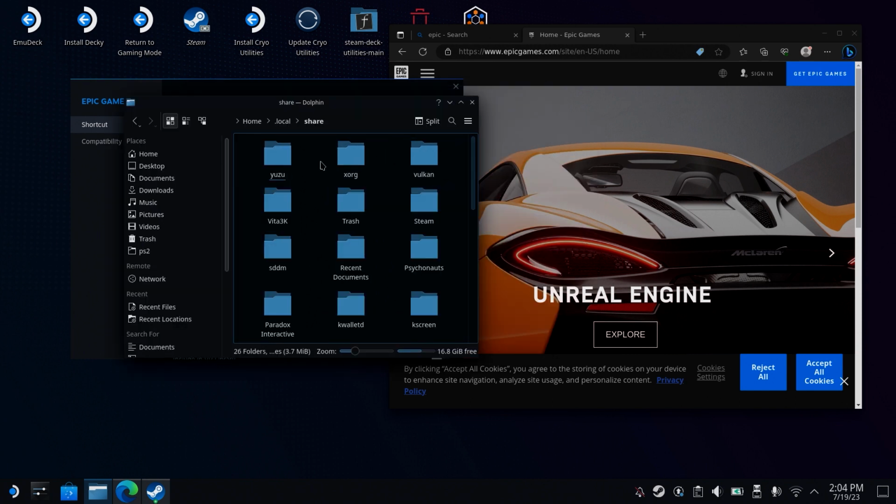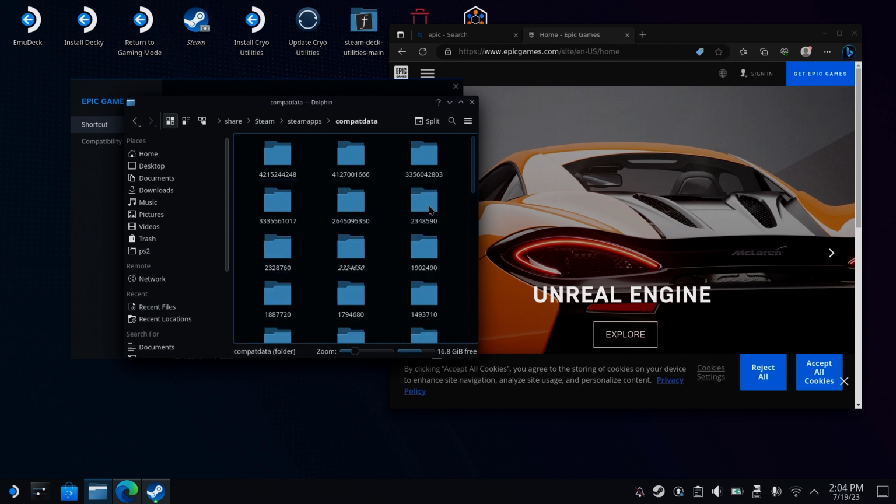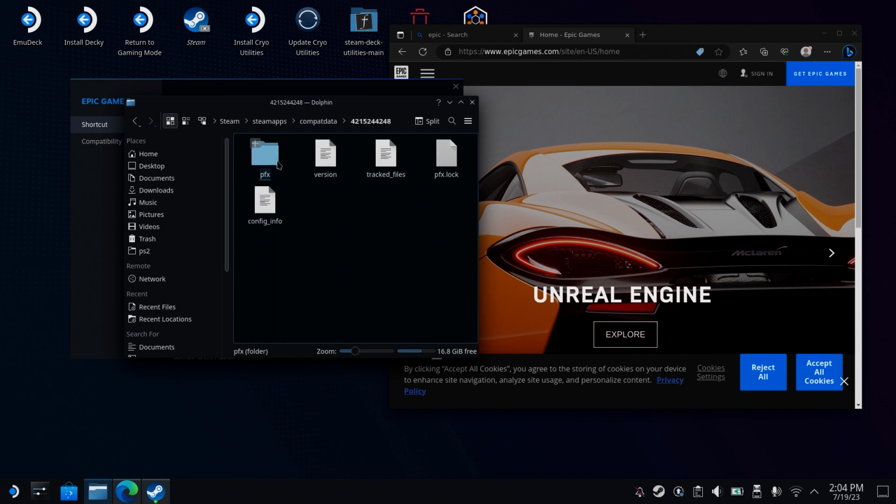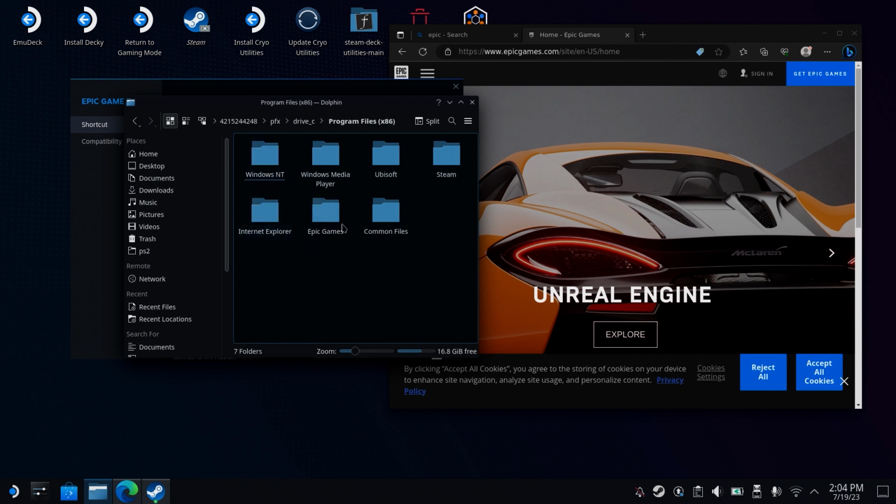Then click Share, followed by Steam, followed by Steam Apps, then click Compact Data. If this is the first thing you've installed, there should only be one numbered folder in here. If it isn't, then you'll need to sort by the latest first and then head into the first folder. Once in there, click PFX, then Drive C, then Program Files x86, then Epic Games, followed by Launcher, Portal,